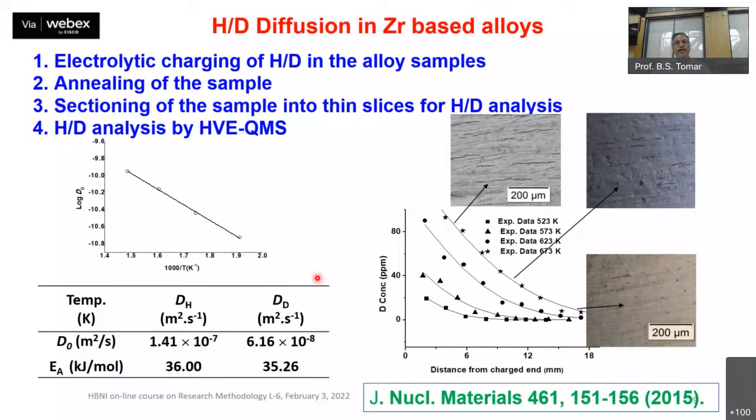It was concluded that hydrogen is picked up by the alloy samples when they are being handled from the field to the laboratory. Because zirconium is a highly pyrophoric material, it can pick up moisture very quickly during handling. So this is the outcome of that study. It was assumed that there is no problem in the data, so the hydrogen data can be ignored.